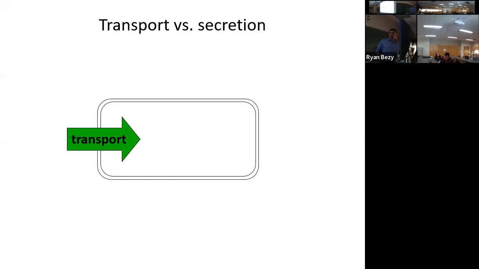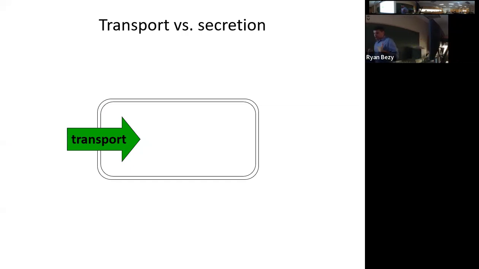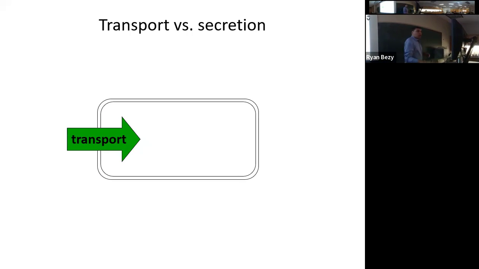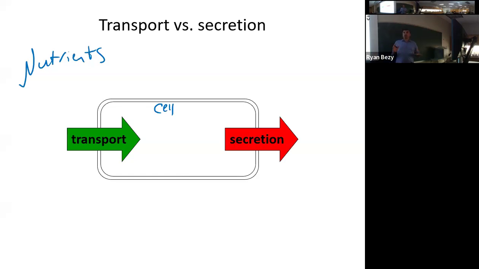All right. With all that being said, now we've talked a little bit about nutrients. How do they get some of those nutrients in? Well, if this is my cell, I have nutrients on the outside of my cell. They have to bring those in some way. The process of bringing things in is called transport. But typically a part of bringing nutrients in is also secretion. So we're going to talk about both secretion and transport and their role in bacterial nutrition.